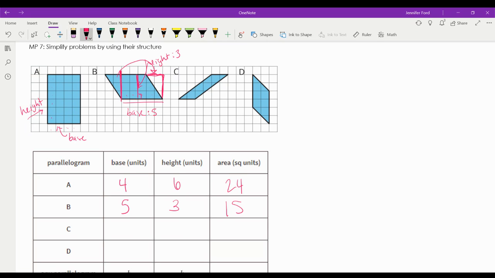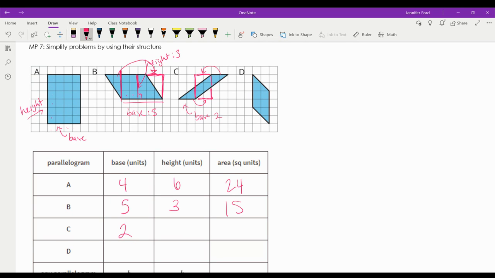C is a little trickier. Because it's really hard to count the length of this diagonal side, I'm going to use this bottom, this base, which is 2. And then if I were to cut it here and move that over here, and cut this piece here and move it here,